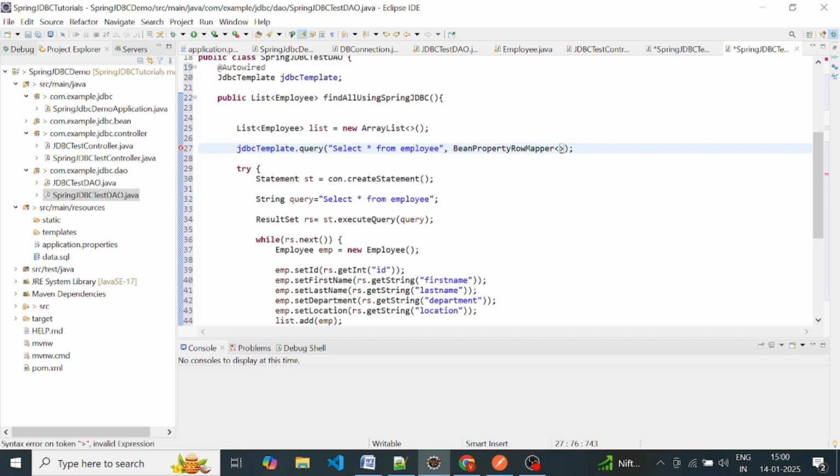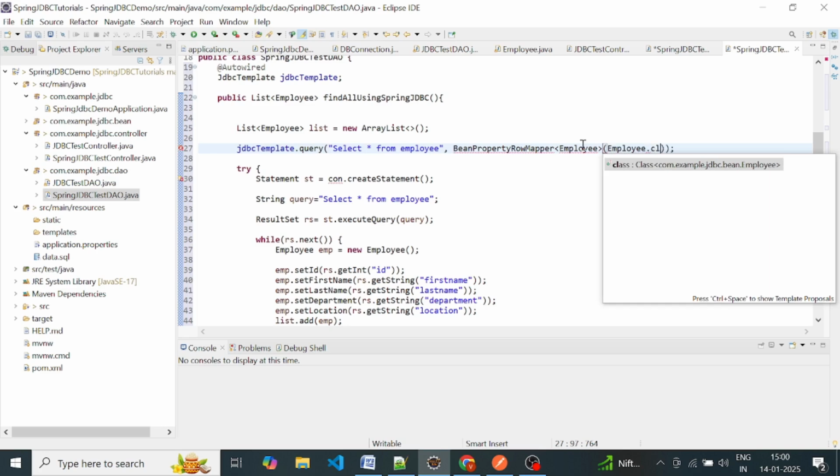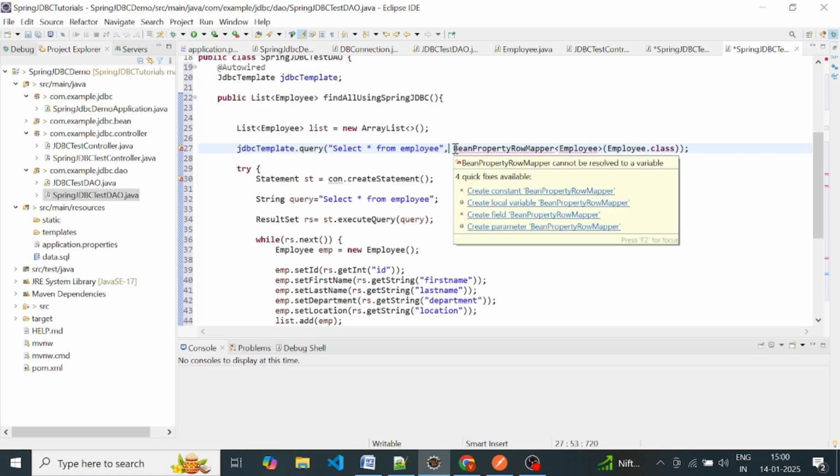The type is Employee, and Employee.class. Okay, create an object of BeanPropertyRowMapper